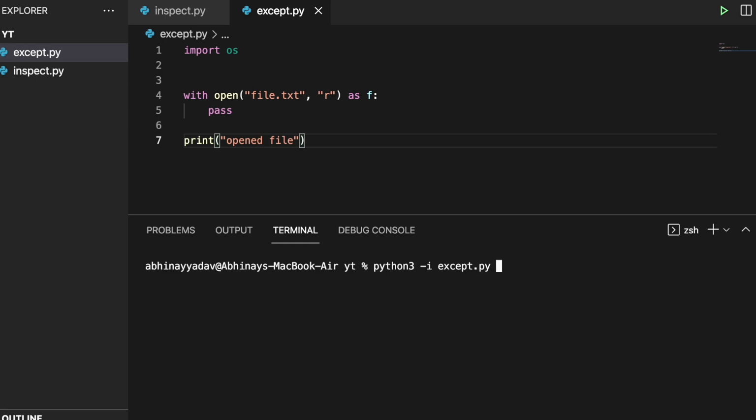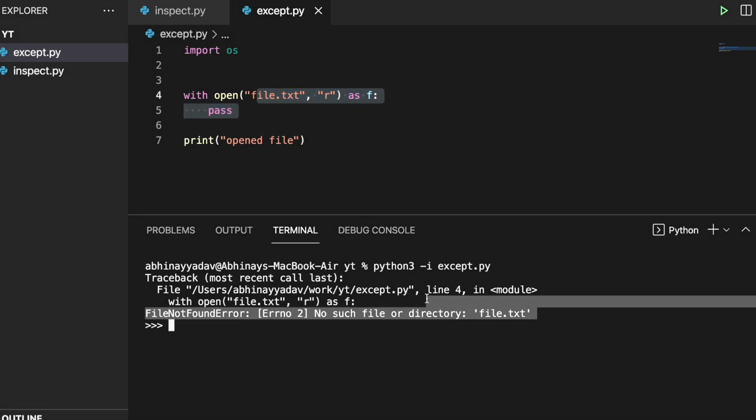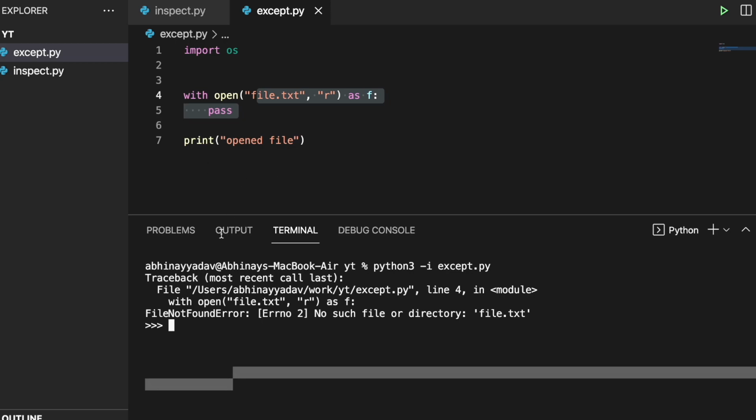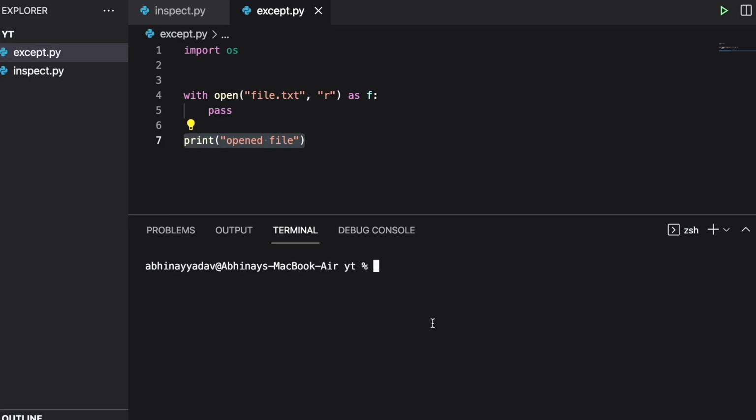to happen. So as soon as the exception got raised, we are entered in the interactive mode and we can actually check what led to the exception, but this line never got executed due to the exception. Now this is the functionality that is provided by the Python interpreter, so it is very handy, and if you want to use it, you can use it in your applications.